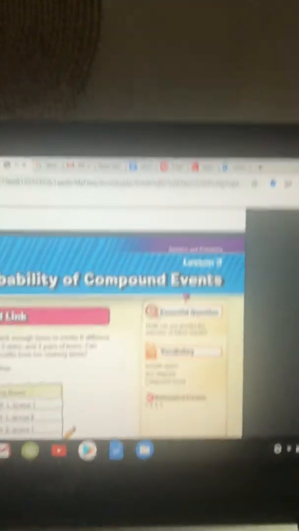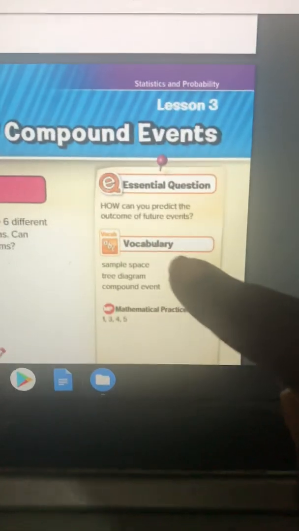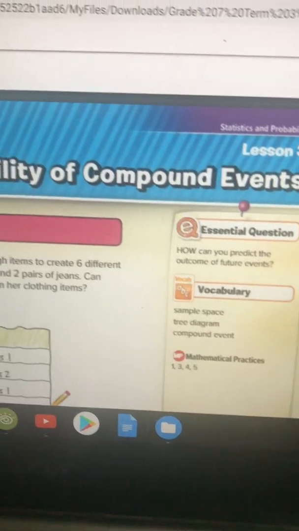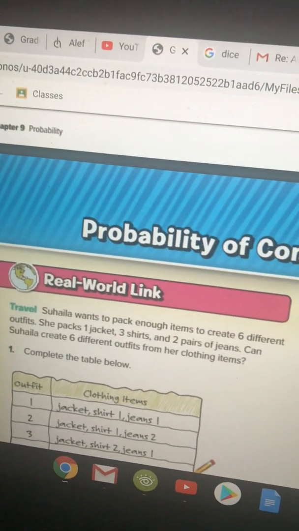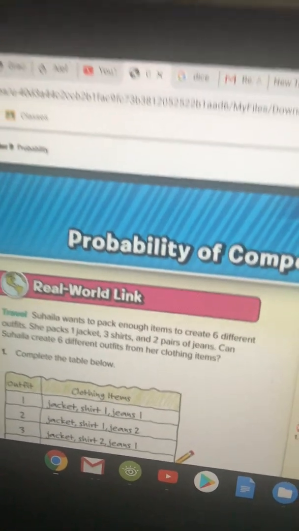Okay. Grade 7. Here is our lesson. Lesson 3 in chapter 10, probability of compound events. Here is the vocabulary you need to know: sample space, tree diagram, table. This you need to know. Okay? Now,